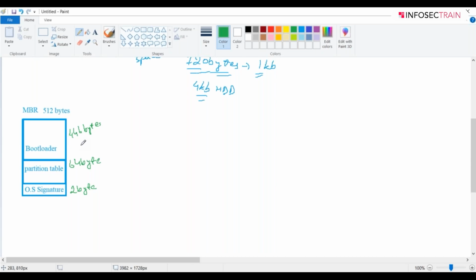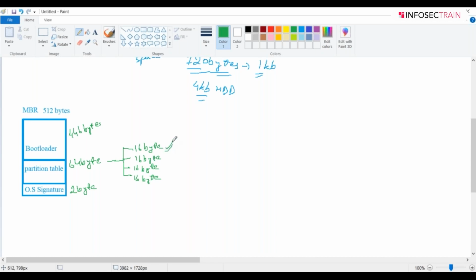So in short, what I'm trying to say over here is this partition table has a size of 64 bytes. So this is equally divided into 4 parts. Each will be of 16 bytes. Similarly, this will be 16 bytes. This will be 16 bytes. This will also be 16 bytes. Okay. So what happened over here is, one is by default. I'm just talking about this scenario-wise.